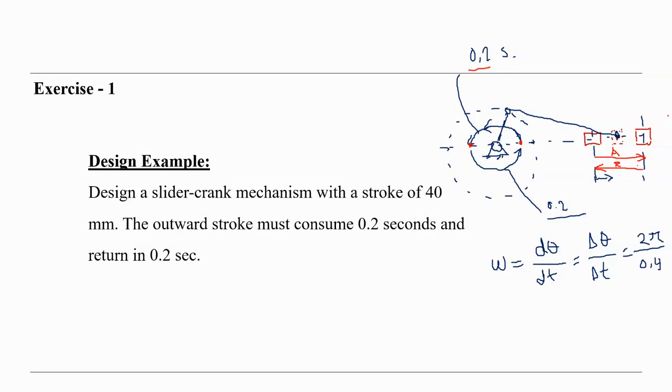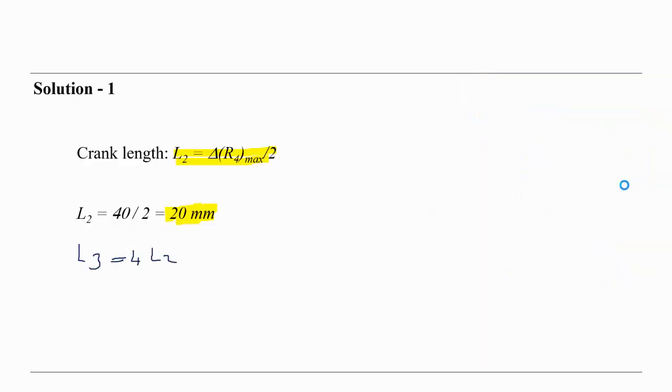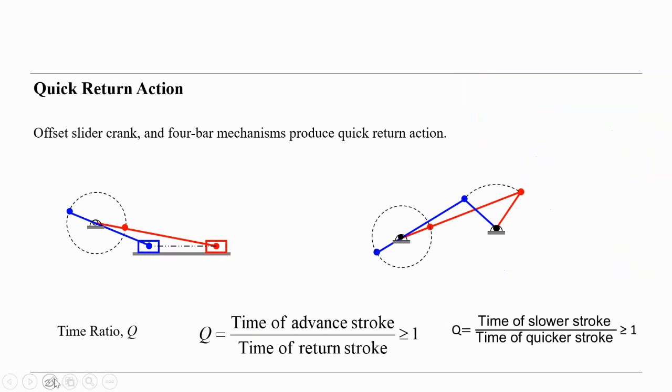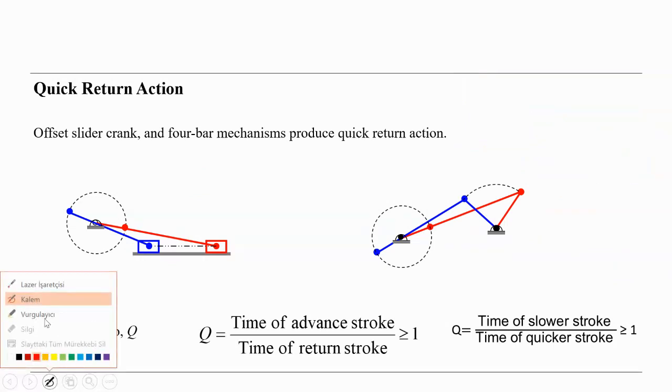We know that this is an inline slider crank mechanism, so we expect half of the input motion for the advanced stroke and half of the input motion for the return stroke. But we also said there is another type of expectation regarding